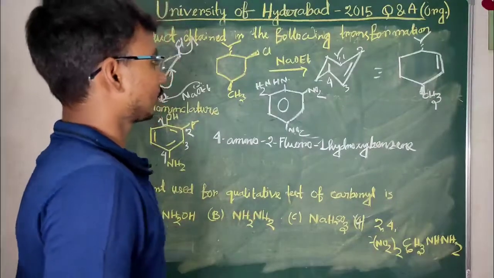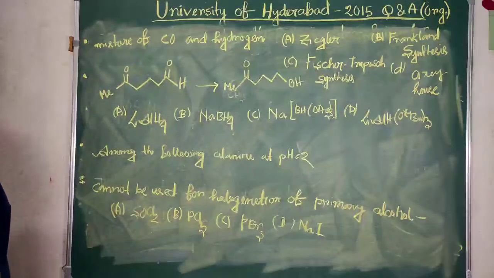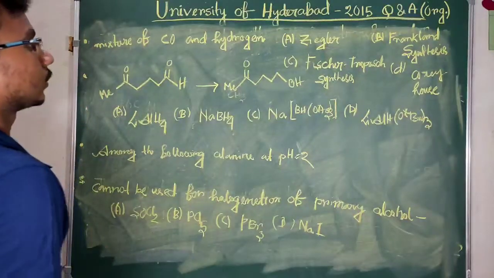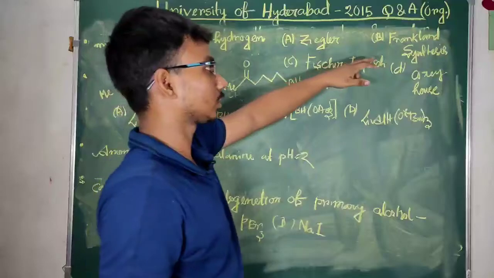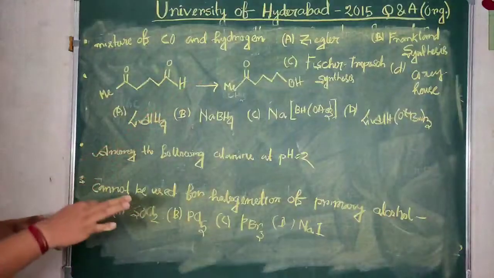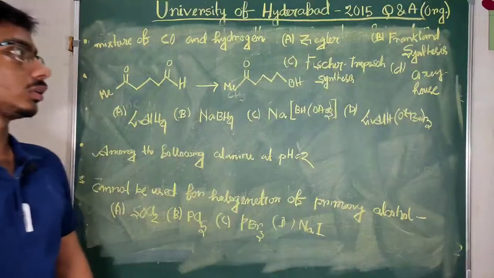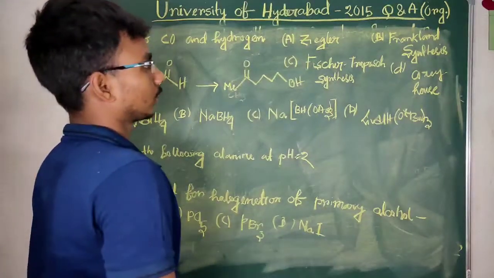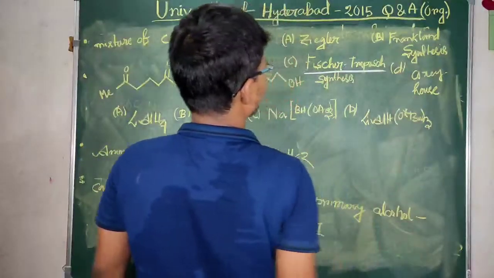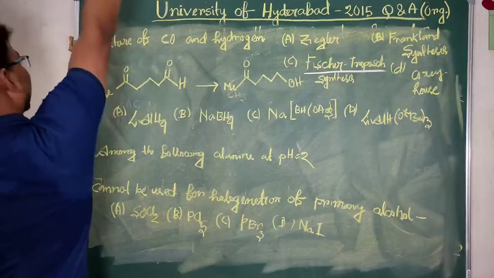So try it. So our next question is that we have to predict a reaction which starts with carbon monoxide and hydrogen. Okay, so these are 4 reactions: Ziegler reaction, Frankland reaction, Fischer-Tropsch reaction and Corey-House reaction. Among these 4 reactions, which reaction starts with CO and hydrogen? Fischer-Tropsch is not very well known, but the starting material is nCO.